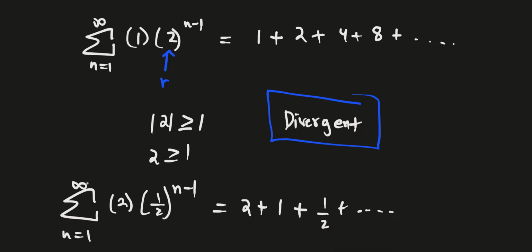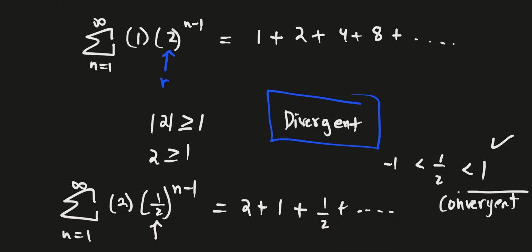So let's check. It's convergent when your r value is between -1 and 1. Is 1/2 between -1 and 1? That is true. Since it is true, we can say that this is convergent. You might be wondering, what does it converge to? Oftentimes you cannot determine that, but for a geometric series you can. Basically, the sum converges to a value, so the sum from n equals 1 to infinity